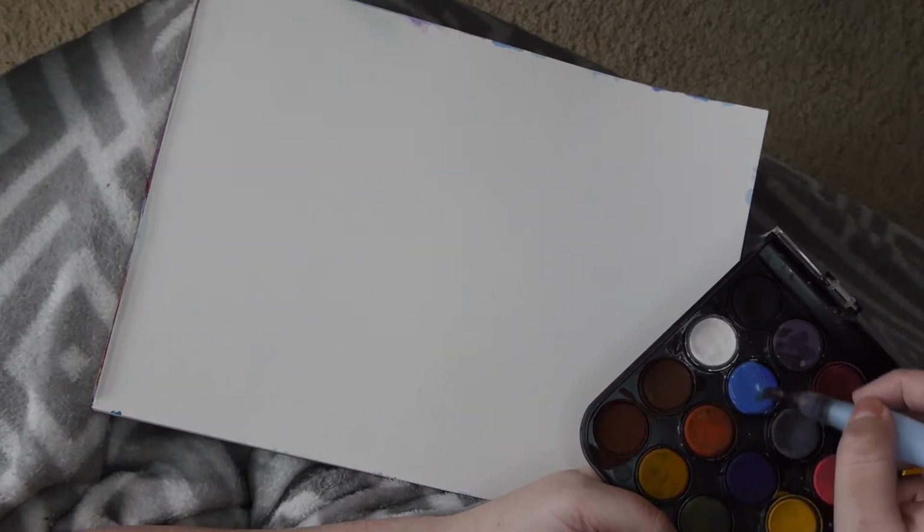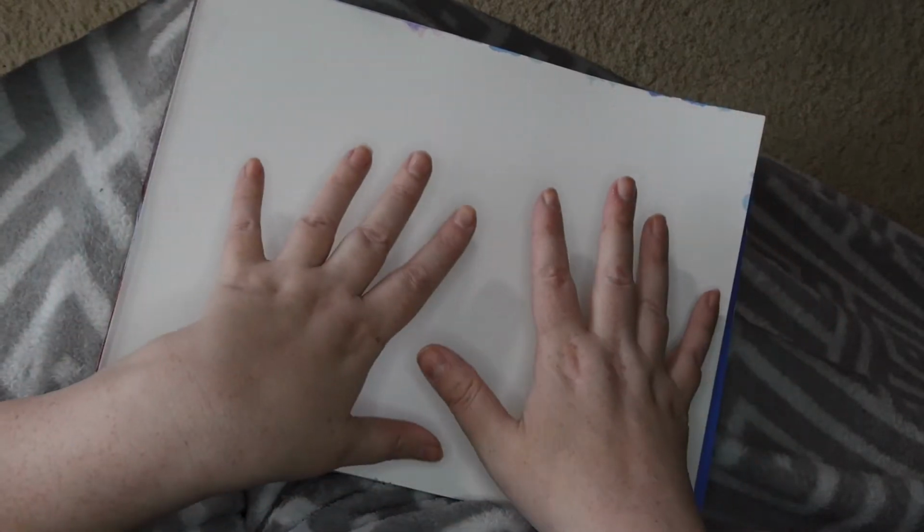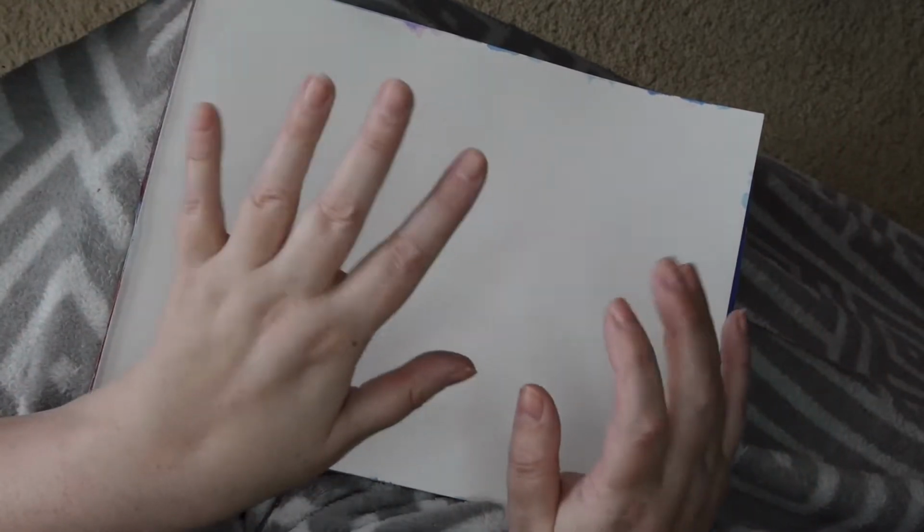All right, I'm gonna start with the matte palette. Let's get that over here, and some brushes. I like to start with the bigger brushes just because that gives more background spread. And I'm gonna try and work from the bottom up. So I'll start with the lightest colors in the matte section go up, and then I think I'll do a little bit of gold, and then